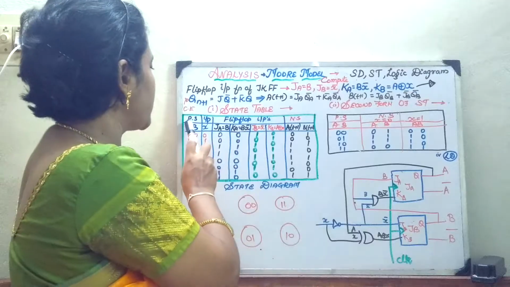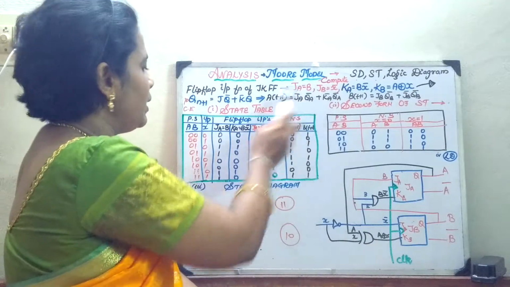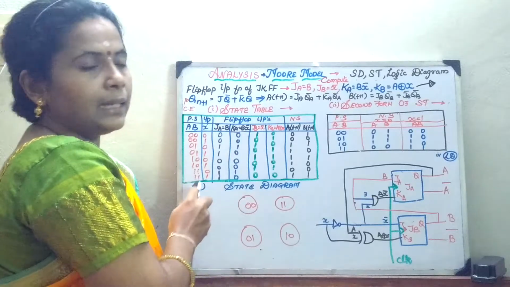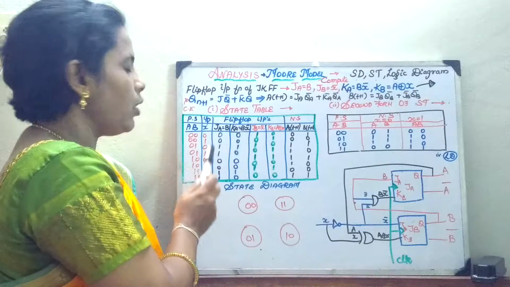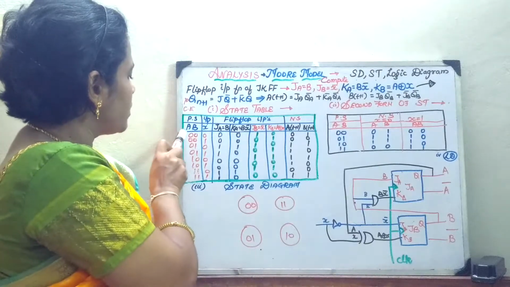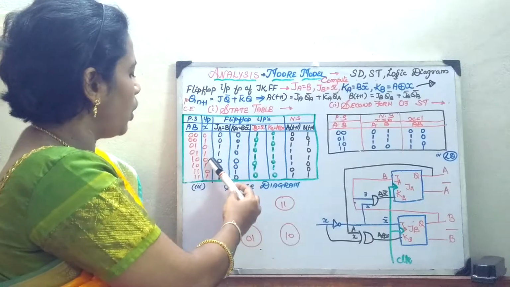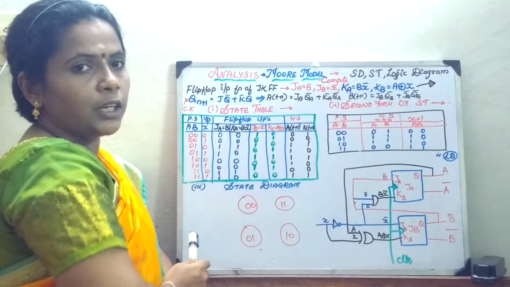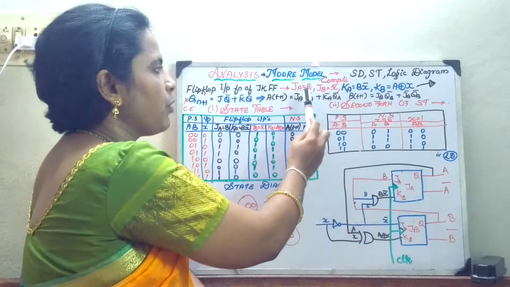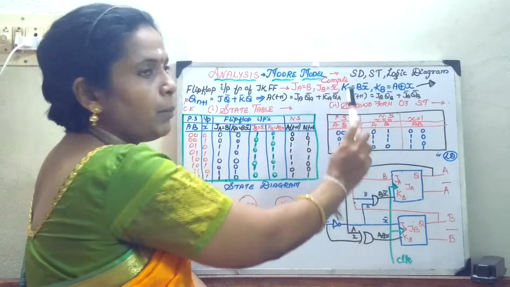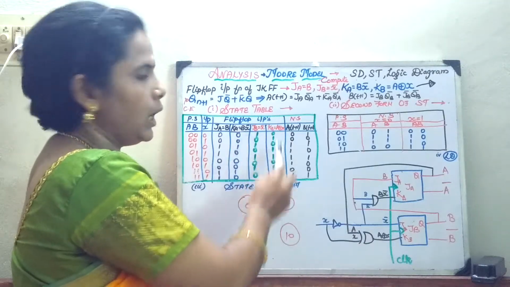What you have to do first is the present state and input, so A B X. Since you have 2 variables, I am just going to fill it up. The present state can be 0 or 1. So you will be filling from 0 to 7, or in other words 4 states 0 0, 0 1, 1 0, 1 1, with my X input as 0 or 1. You will fill this initial table. Now here the input functions JA, JB, KA, KB are given. So just substitute here and fill the columns.